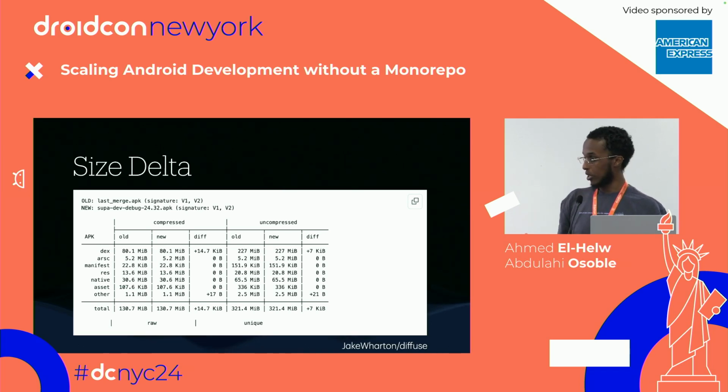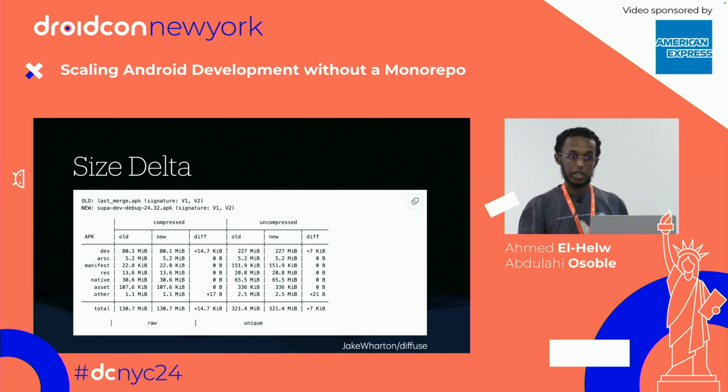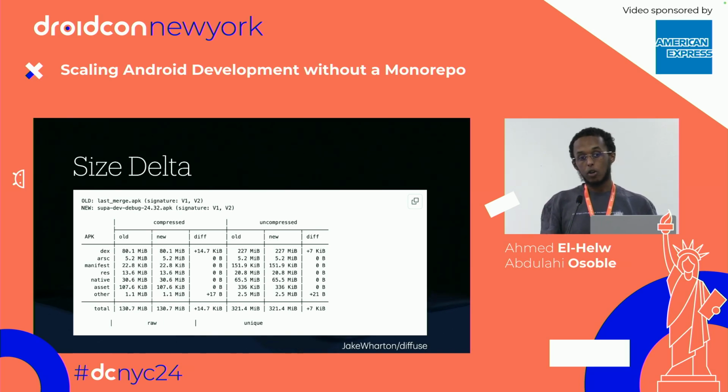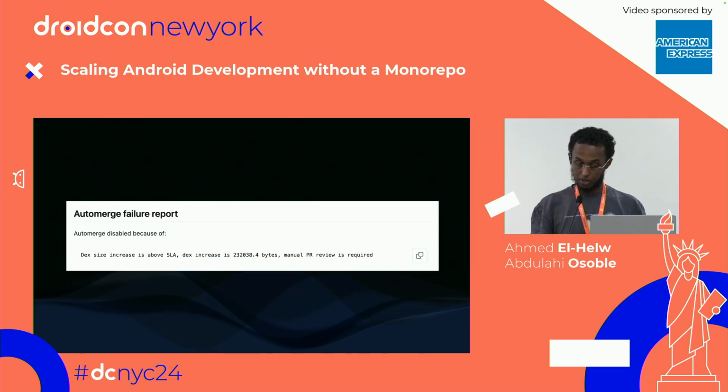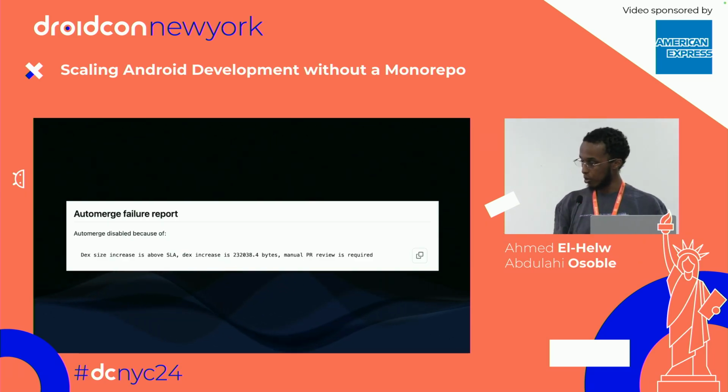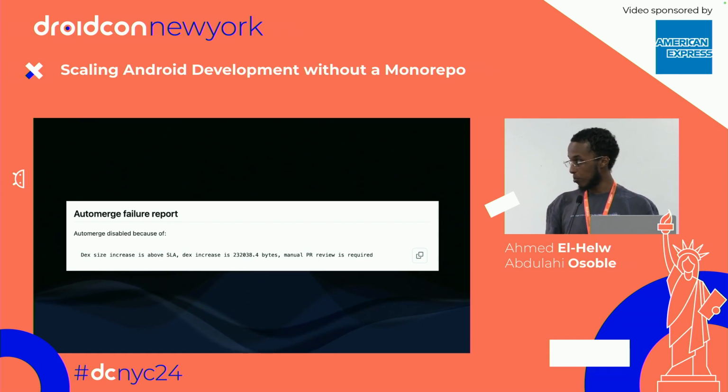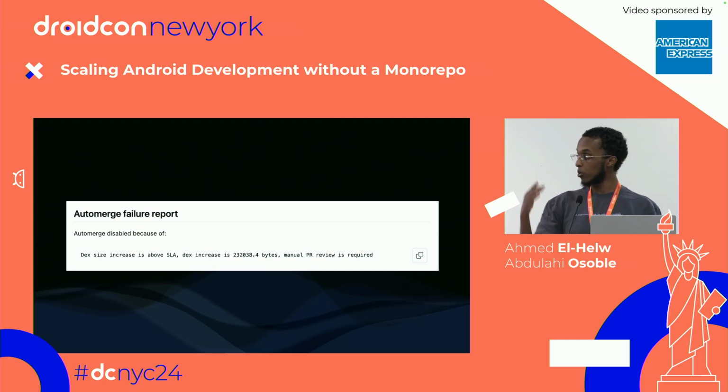So one nice thing about this is, like I said, we use Renovate as a tool to bump our dependencies internally. And given all the checks that we have on CI, once these checks pass, then we automatically merge the PR. But if checks like this fail, then we could print out a failure report and block it from automatically merging with something like this. So that one, for example, breached. This is an example of something that breached our SLA, and this would require a manual review to pass. So then someone from the platform team could go through the code, see what changed, and if it's acceptable or not.